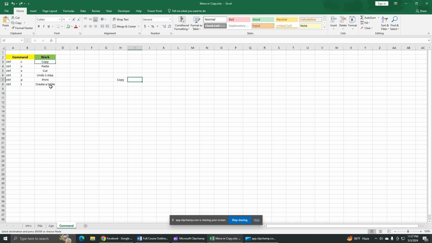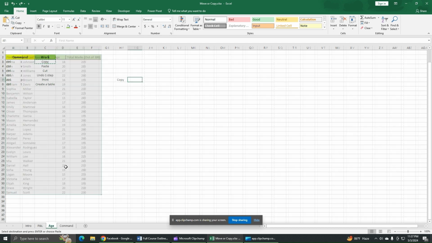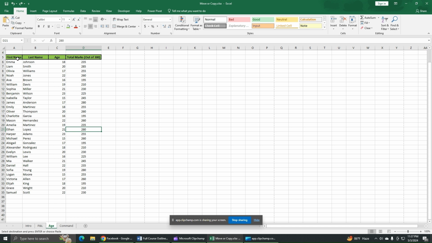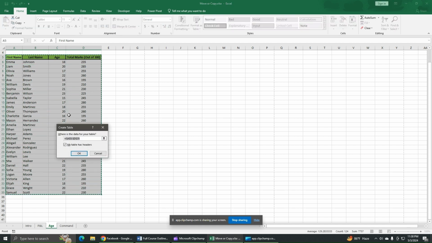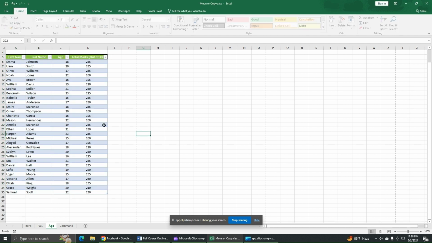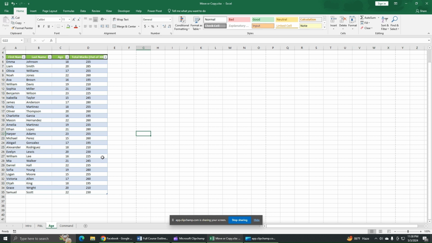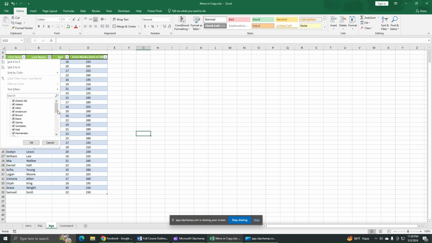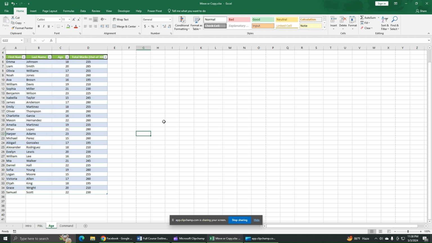Control plus T is create a table. That means this is a table, but if we want to make it a formal table, then we should select the whole thing. Then we should press Control plus T. This dialog box will appear. Click OK. You will see this table is much more formal than before. We can see filters here, so many filters. We will learn about filters in our